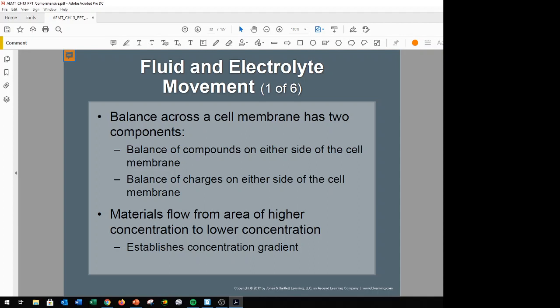Materials flow from an area of higher concentration to one of lower concentration. We've heard that before, right? It's called diffusion. And it's literally no different. Like I said,